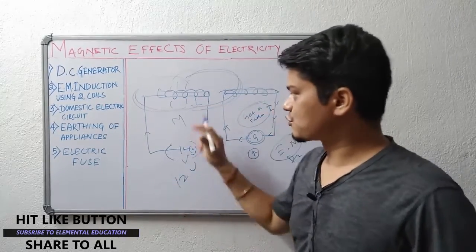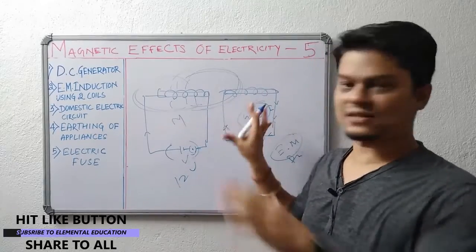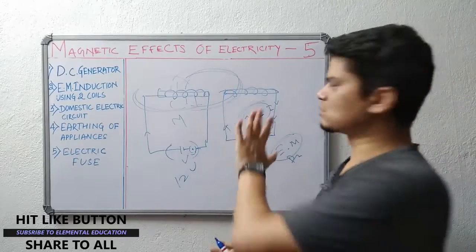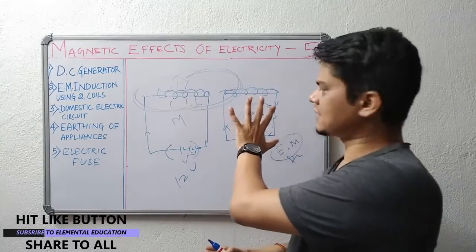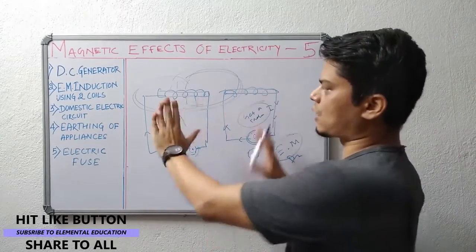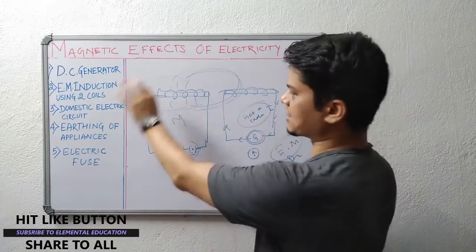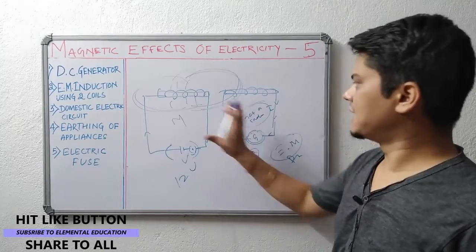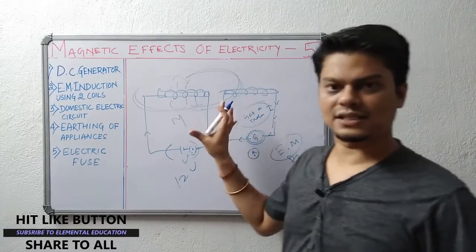Now, if I am switching off suddenly, if it stays constant, that means there is no change in this magnetic field, there is no change in the electricity, or this coil is not moving, all are static. Because it's a DC current, right? The current is constant. So there won't be any other current induction in this coil.